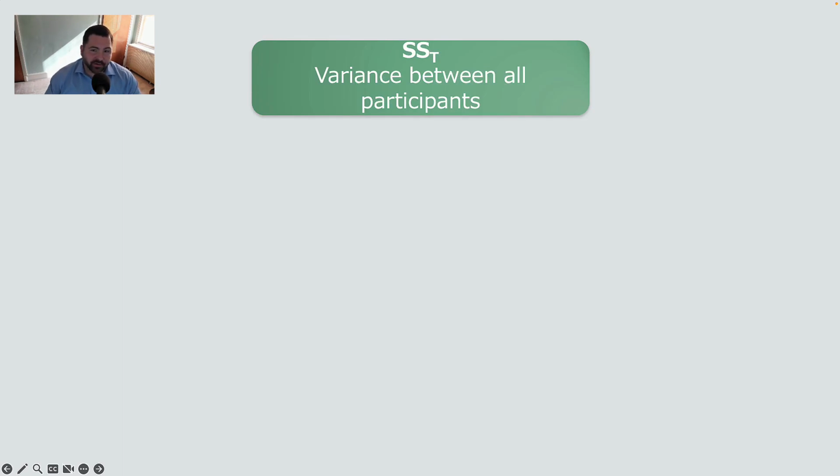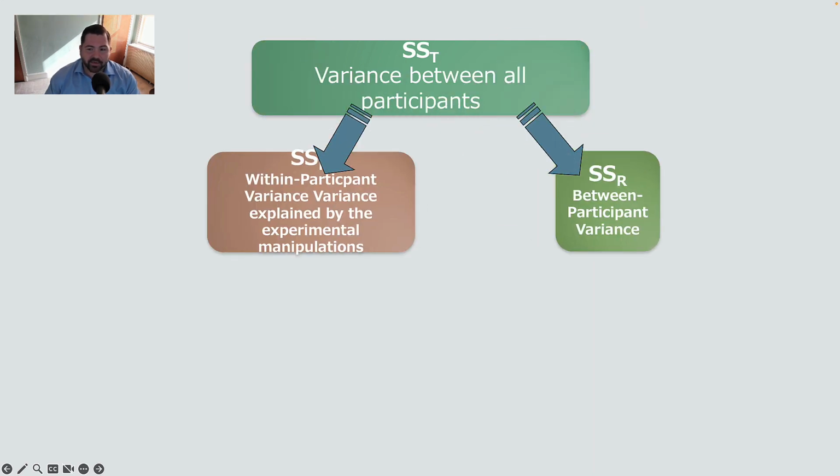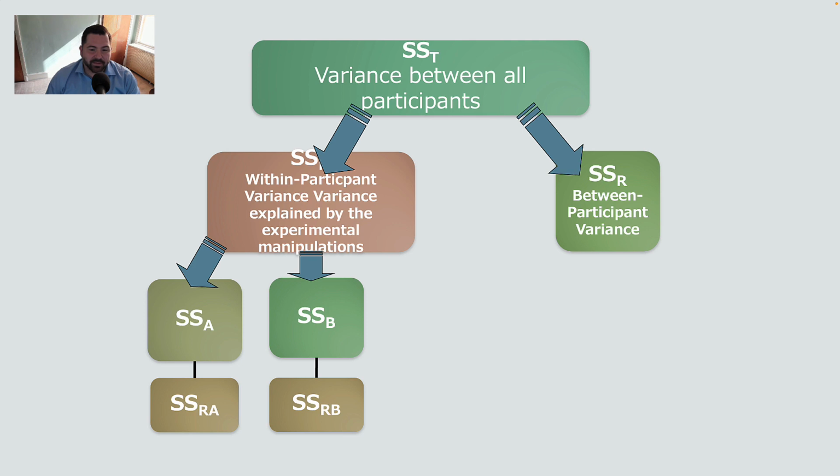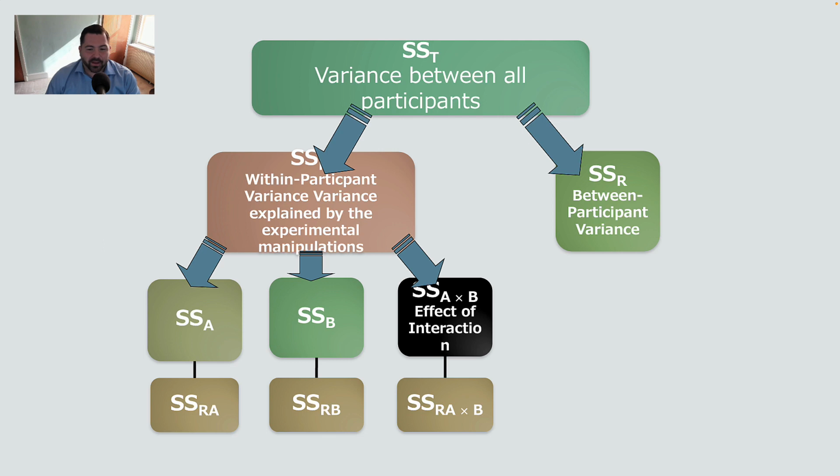So when we have this particular factorial design, we have to first calculate the sum of squares total, or the variance for all participants, right? And so the pathway for this is by partitioning the variance into explained variance and unexplained variance, right? Systematic and unsystematic variance. And then within explained or systematic variance here on the left side of the screen, you can branch that out into the amount of total systematic variance that is accounted for by factor A, and the total amount of systematic variance accounted for by factor B,